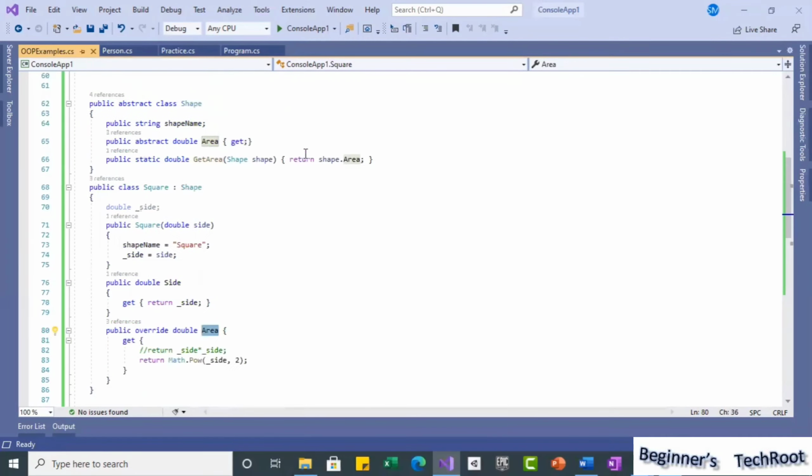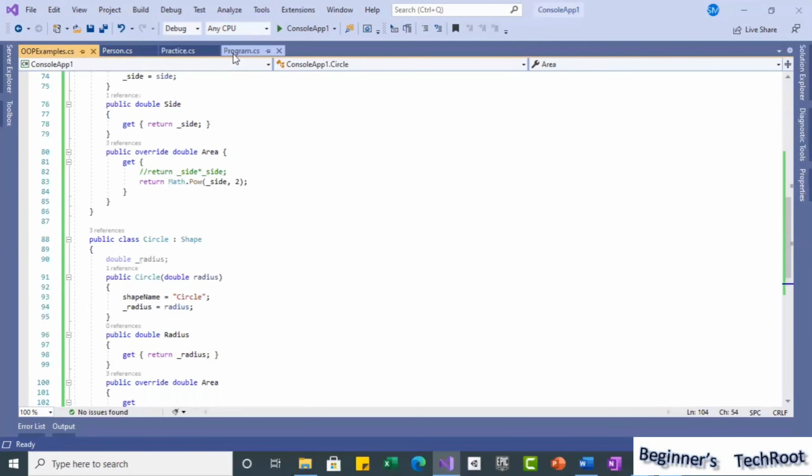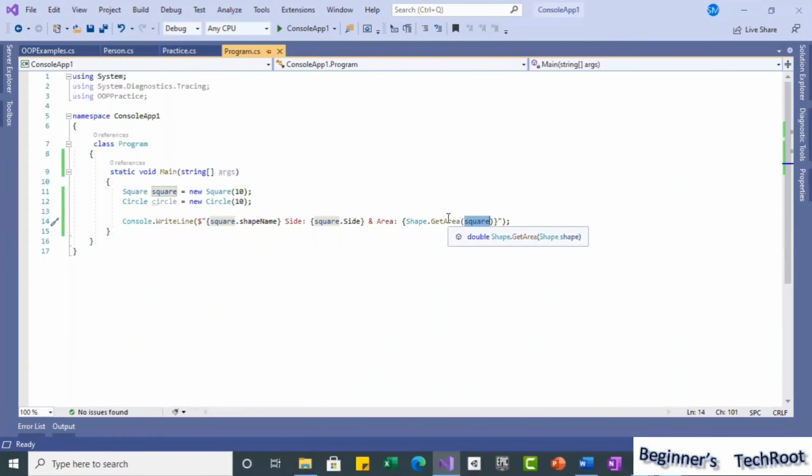That is the advantage of overriding. As we use abstract and override, this area we overrode in the Square class with this calculation, and we overrode it in the Circle class with this calculation. But when we pass a derived type to this method, the respective method that you are calling will be called. That is why the overriding method allows polymorphism.